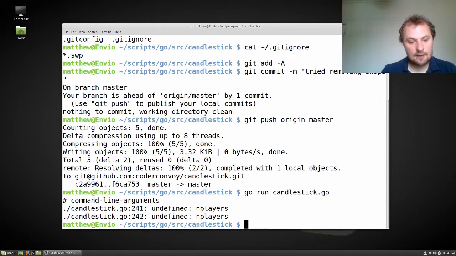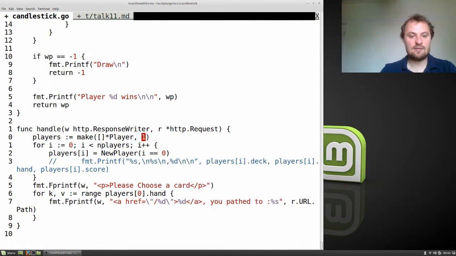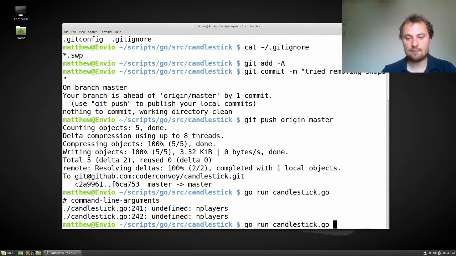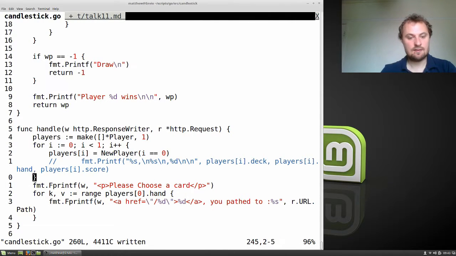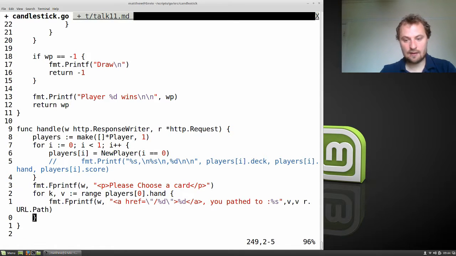Wait, did I put a started notice? Ooh, there's a problem. Candlestick 241 undefined. Oh, of course. How silly of me. That's why copying and pasting is a bad idea. Honestly, we only need one player at this stage. I'm just going to replace this with 1, which is, you know, why bother with the loop, but I'll leave it for now because we'll probably do something with it later. K and V. Oh! %d. Here's another mistake. The plan was, of course, to have a v, v, and